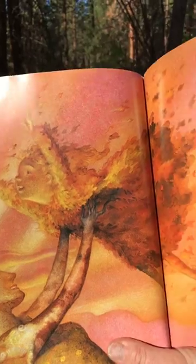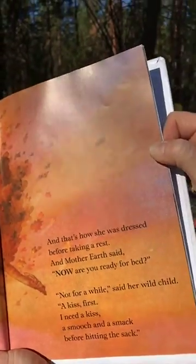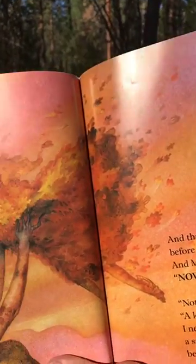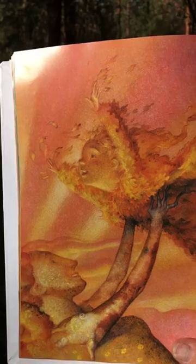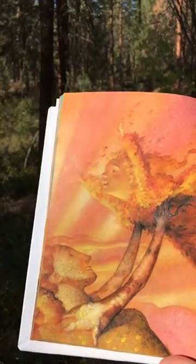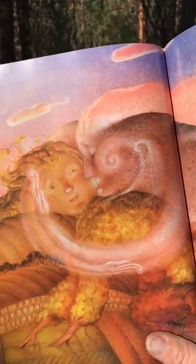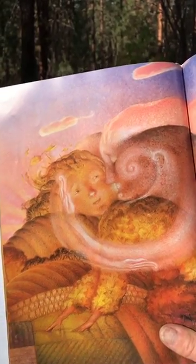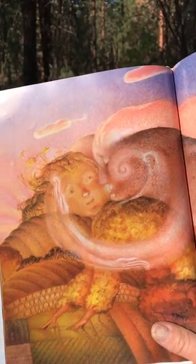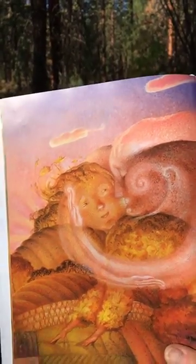And Mother Earth said, "Now, are you ready?" "Not for a while," said her wild child. "A kiss first. I need a kiss, a smooch and a smack before hitting the sack." I know I hear that at bedtime in my house. So Mother Earth gave her child a kiss, a swooshy, swirlishly, windswept snuggle, a freezing, frizzling, frosty caress, a gusty,